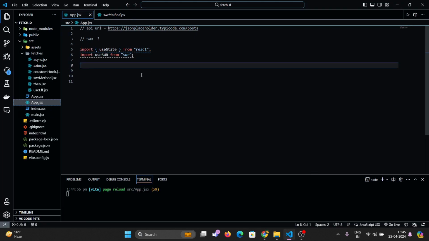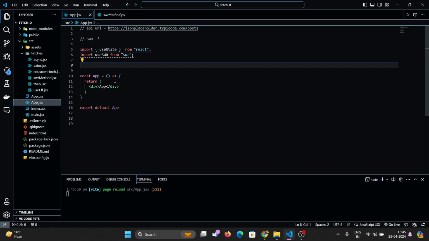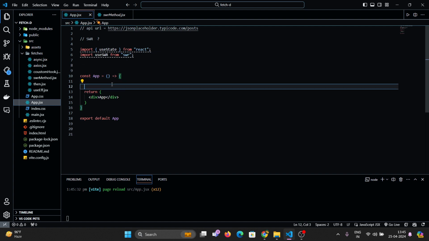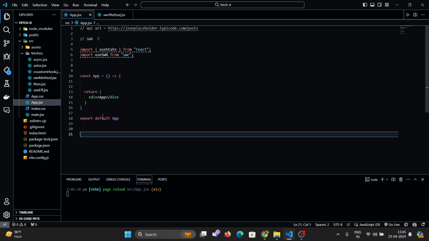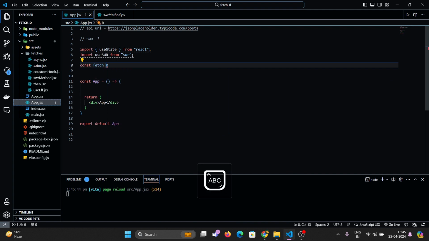After importing this, I need to write this code and I remove this. I type rafc for the shorter syntax. This will create a simple arrow function in your code base. So I make the simple fetcher function here.